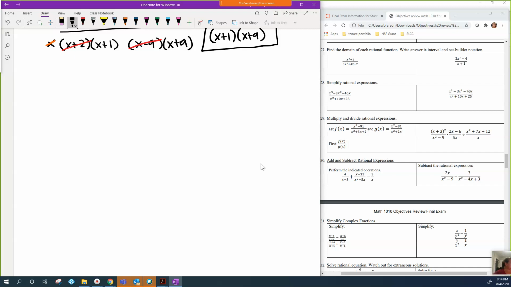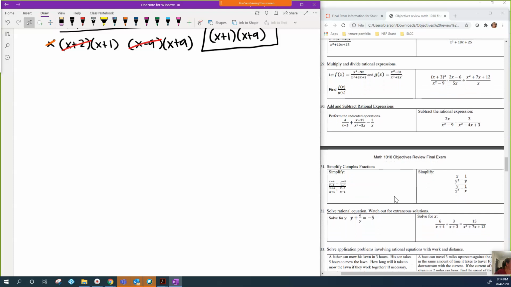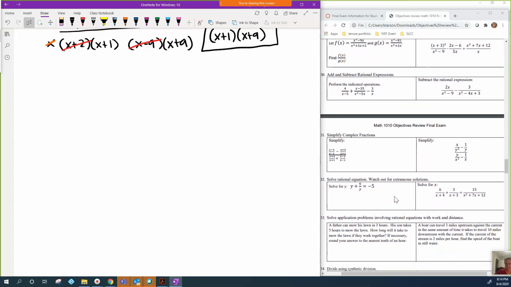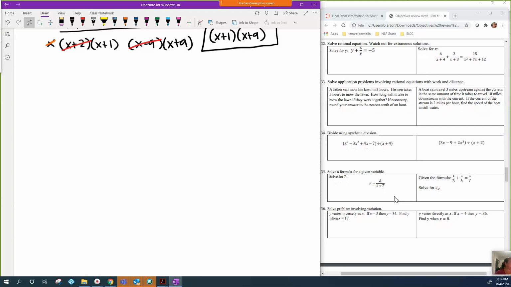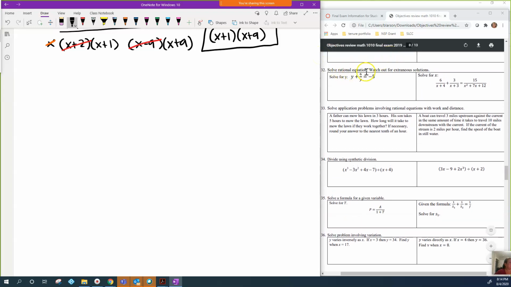All right, let's go down. Let's do one, let's see, what time do we have here? Let's go ahead and do number 32. Let's solve this. And notice in the question here, it says, solve the rational equation. Watch out for extraneous solutions. Okay, they don't say that on your test, but it is always a good thing to make sure that you're watching for when you're solving